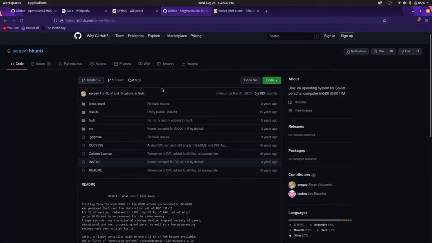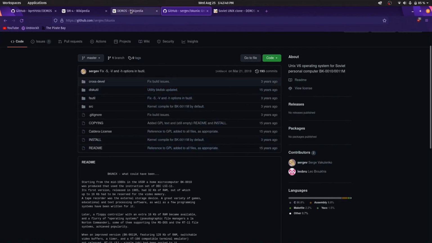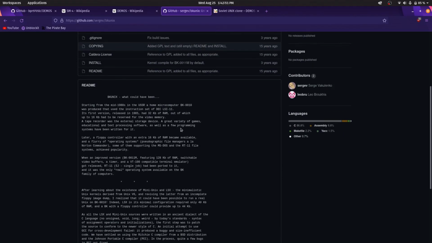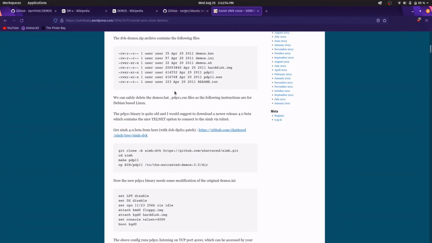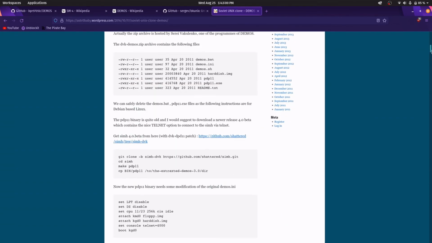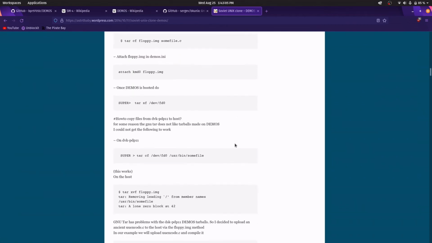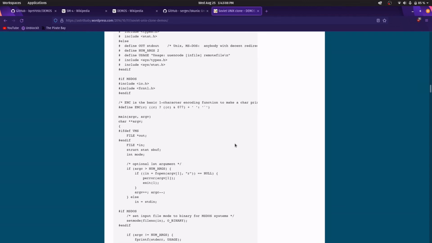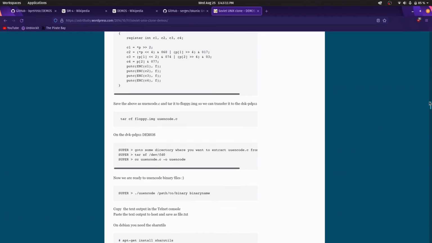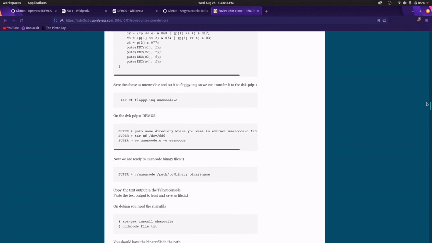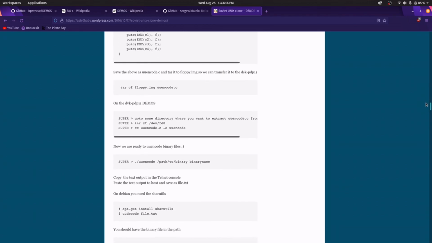Here, this is one of those versions of Demos that was ported to different machines. For example, the personal computer Electronica BK. It had an appearance pretty similar to the Commodore or the ZX Spectrum, and this is a very good website where they made a lot of research and testing on this operating system. They also managed to do some little coding in Bash, in SH.